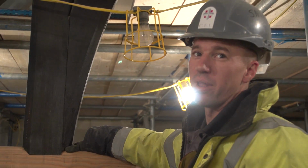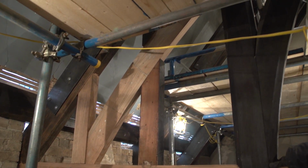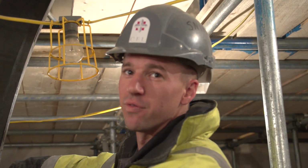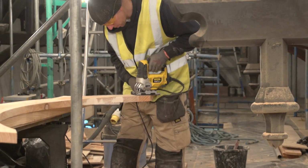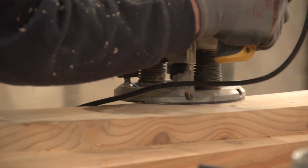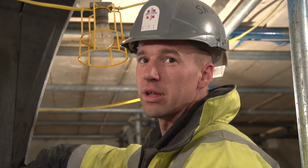So this is T1 going in. Now got the main framework in for it, all the curved timber work and things. Now this is exactly as you see how it's going to be fitted when it is final fitting. Then you've got your profiles, which again is curved timber work, with your bevels and chamfers and things on. When they're all cut and done, then it's a case of putting them on, and then it's all finally fitted